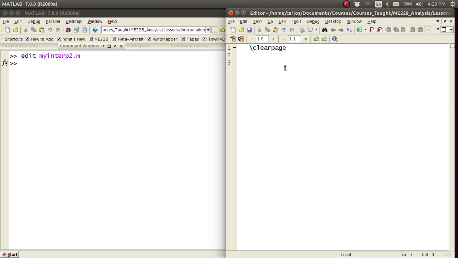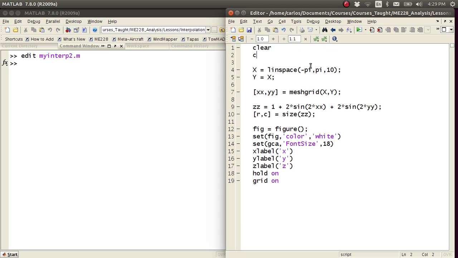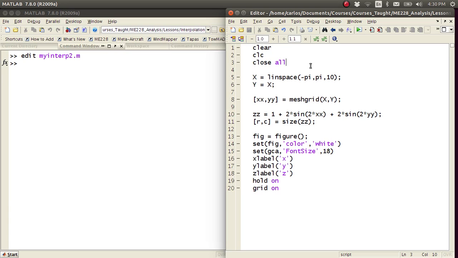So I'm going to copy this. Copy. Paste. Okay, so basically what I did was I created an x vector, so that goes from minus pi to pi, and then a y vector, which is the same. I make a mesh grid. I make a z coordinate, which is a sum of sine waves, and then I essentially get all this header stuff for plotting, and then I'm going to copy this over here,